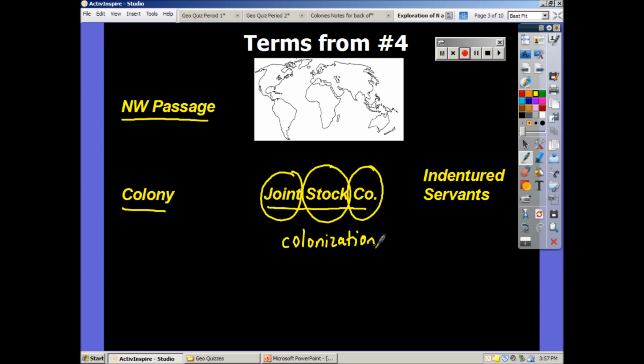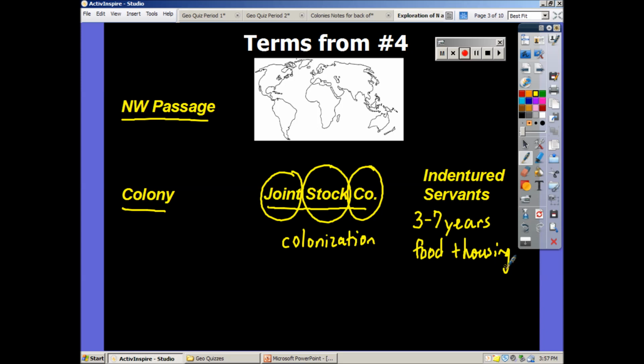And so what they need to do is they need to really latch on to someone who can pay their way. So an indentured servant is someone who basically agrees to work for 3 to 7 years, not being paid. You're going to get food and housing, basically paid for you. And the result is that after 3 to 7 years, you're going to be given your so-called freedom to go your own way. But you do all that in exchange for your trip being paid for across the ocean.